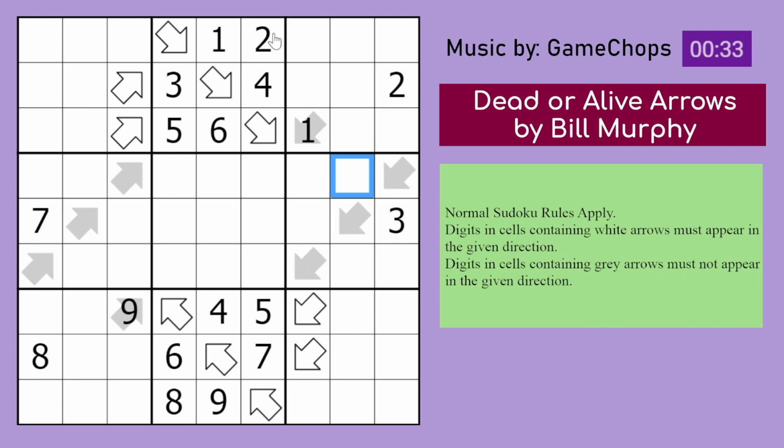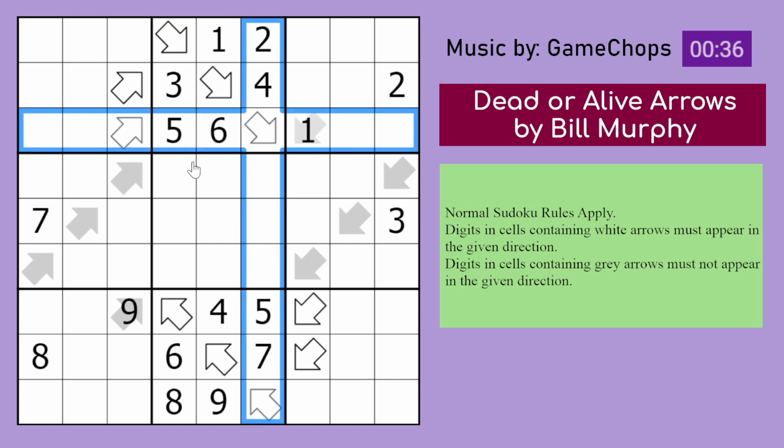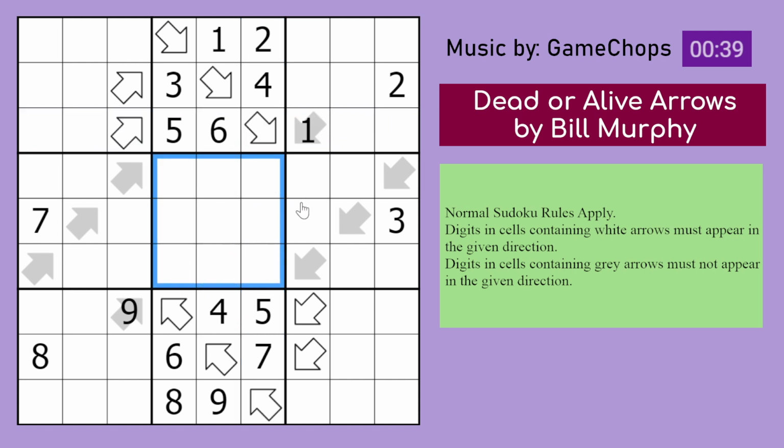Normal Sudoku rules apply. Digits 1 to 9 must be placed in every row, every column, and every 3x3 box. Digits in cells containing white arrows, so these are white arrows, whatever digits in there must appear in the given direction. So if this was an 8, for example, then somewhere where it's pointing must also contain an 8. Yeah, so basically these are, I guess, the live arrows, where they point at something else that is